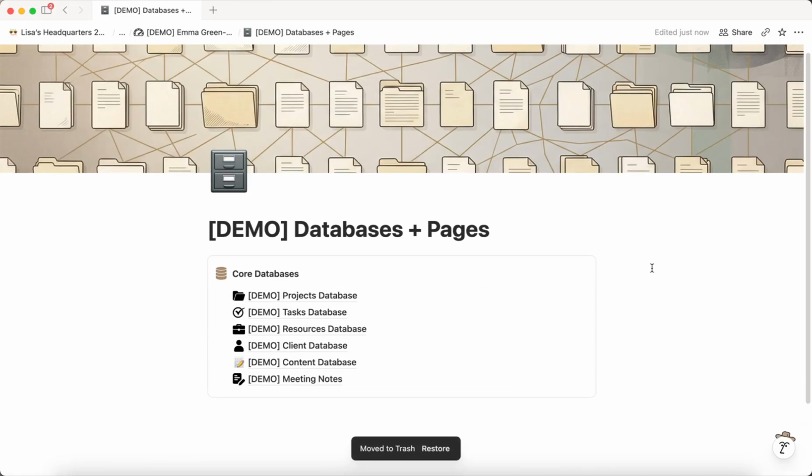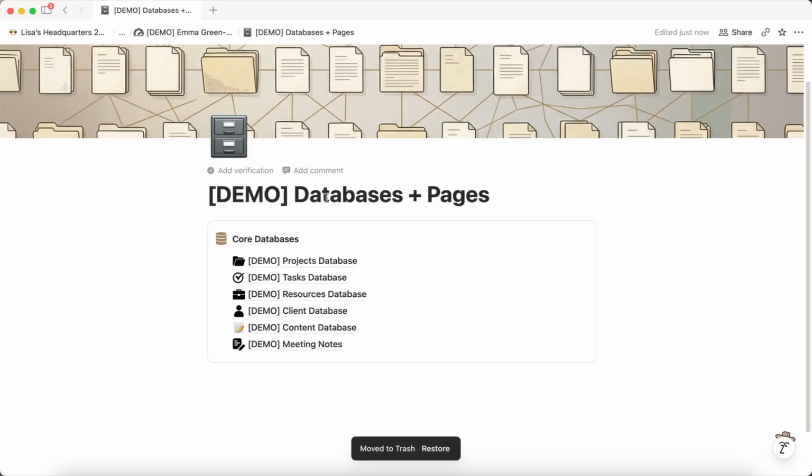So your core databases, first of all, you want to make a page that is going to hold all of your databases and pages. And by pages, I mean like specific headquarters pages. Like if you need a dashboard for a specific client or you need a dashboard for a specific piece of your business, you can do that. So you can just add a page here, but this is where all of your main databases are, your source